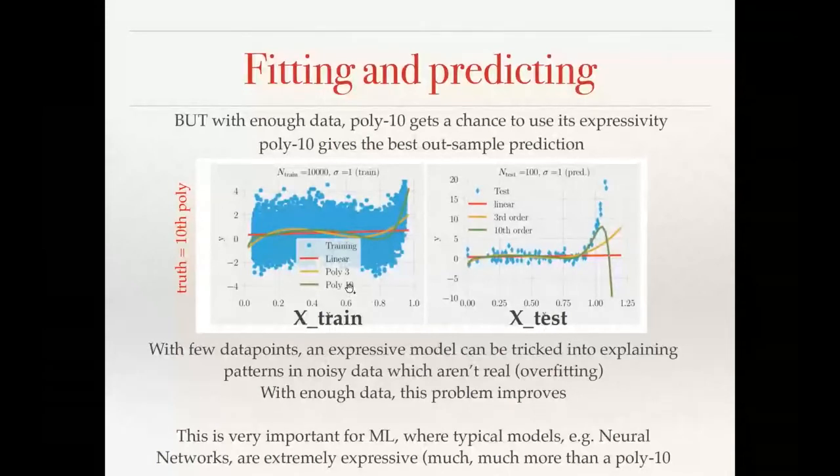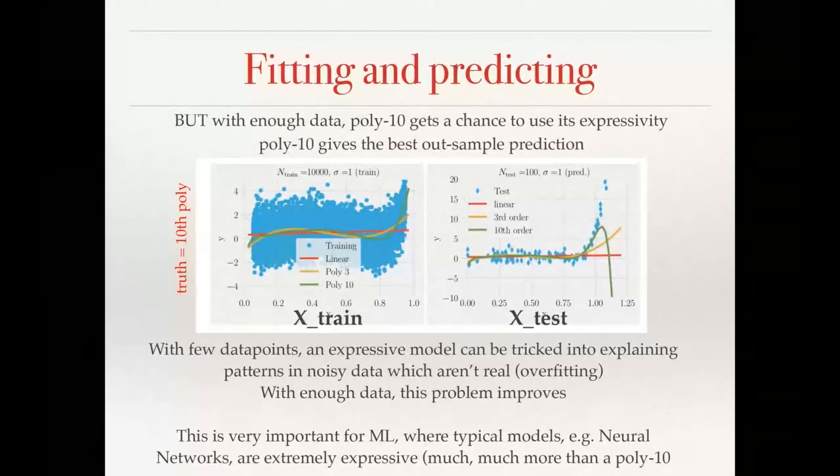So see what happens when we take exactly the same situation as before, and instead of having 100 data points, we keep everything the same, the same kind of error bars and so on, but we go up to a large number, 10,000 data points. You can see now there is a scatter plot and it's completely messy. I cannot see anything over there. I see absolutely nothing. But if you give all these numbers to different models, linear, polynomial third order, and 10th order, and then you ask them to minimize the error you make in your prediction, in your training,